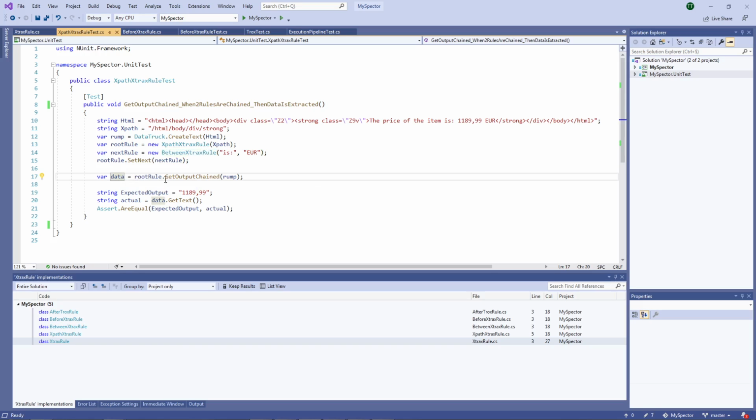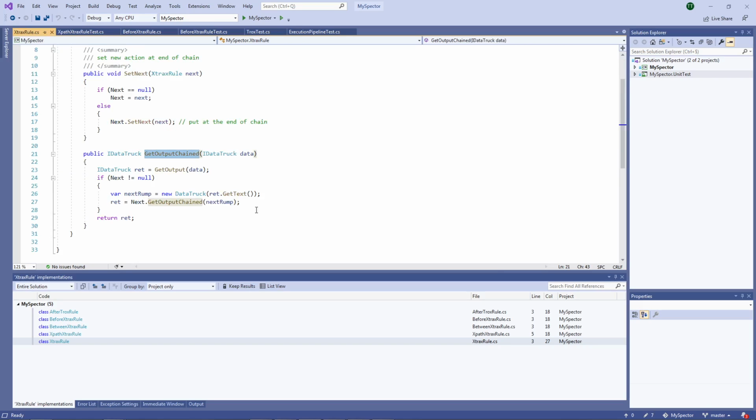To do this, one subtlety that must be done is that you must have a symmetric input-output type. So the get output chain method has as an input an interface, and as an output the interface.